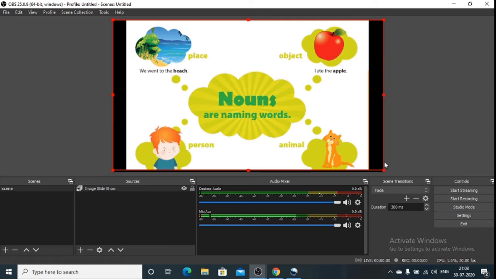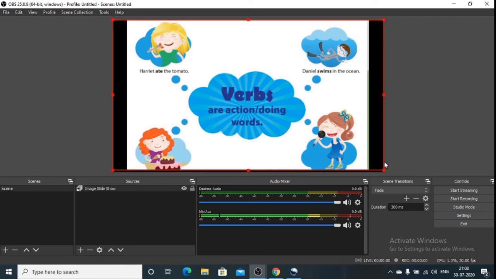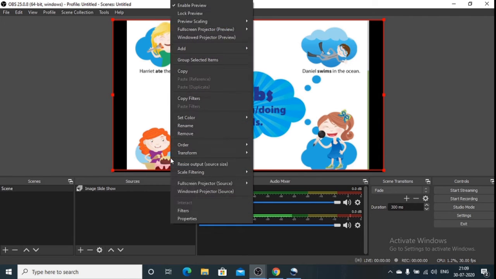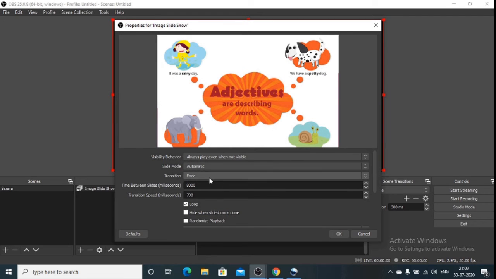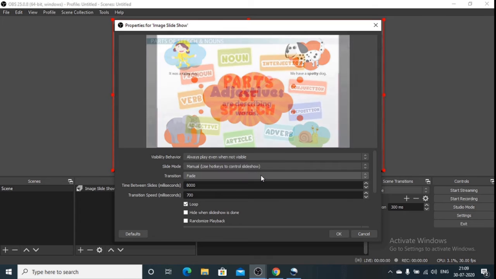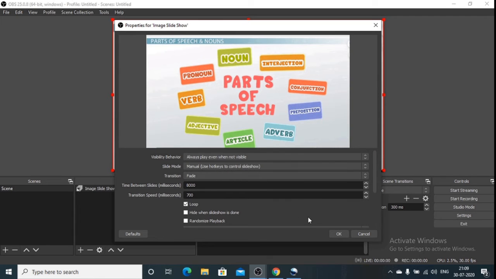So here I can explain the topic by showing different slides. But for that I have to adjust it to manual. So right click, properties, automatic, because it's already adjusted on automatic mode. So now manual mode.